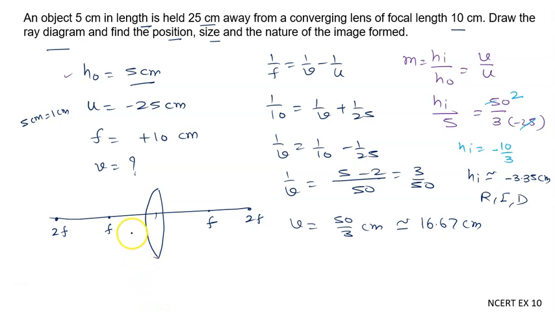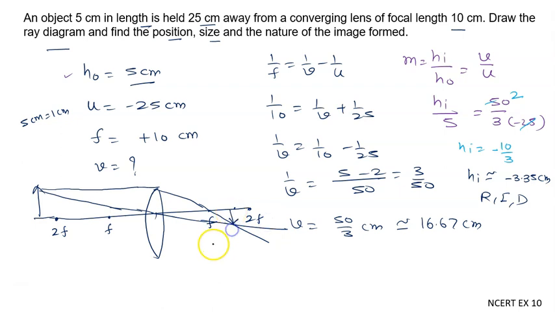And the object is placed at 25, which is more than 2f. So we put the object here. It is at a distance more than 2f. And we know when the object is beyond 2f, the image must be between f and 2f. That idea we have. So any ray which is parallel to the principal axis will pass through the focus. Any ray which passes through the optical center passes straight. So we are getting the image between f and 2f and it is diminished. Put arrows also in the direction the ray is traveling.